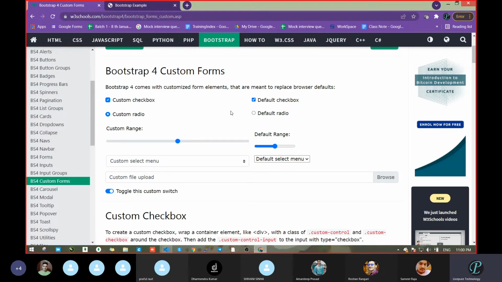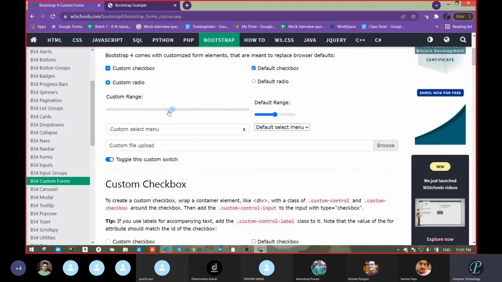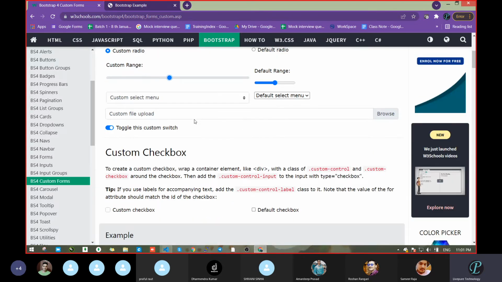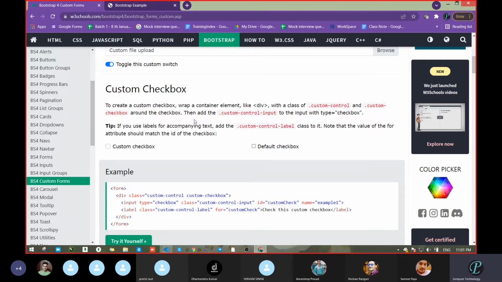Suppose checkbox, radio button we already know. See, in the case of a radio button, by default the radio button will be like this type. But if you want some designing, then you know which property will work. Mostly you have to work with the selector, like pseudo class, pseudo element, or attribute selector. This will help you in designing this radio button like this type. Then custom range, you have to design with the help of that. So this will make your form, or whatever designing you are doing, attractive.